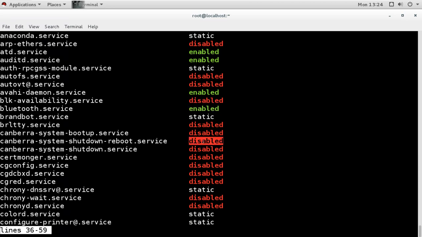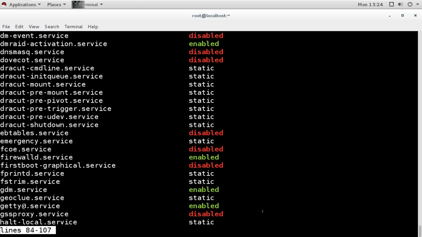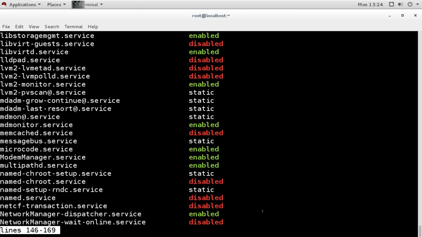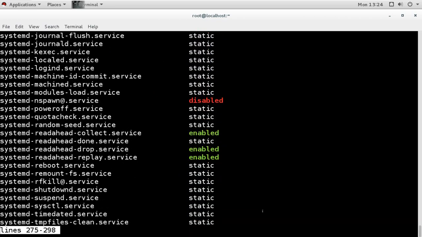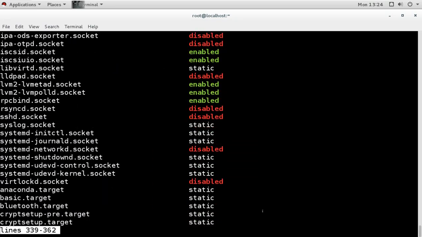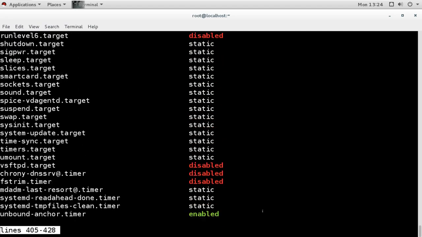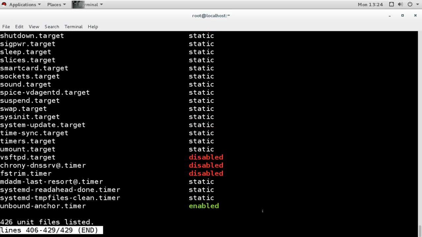That means enable means this Bluetooth service will always start. It is default enable. And some of them are static. Static means we can start them. So it is showing all the service files, unit files. 426 unit files we have.